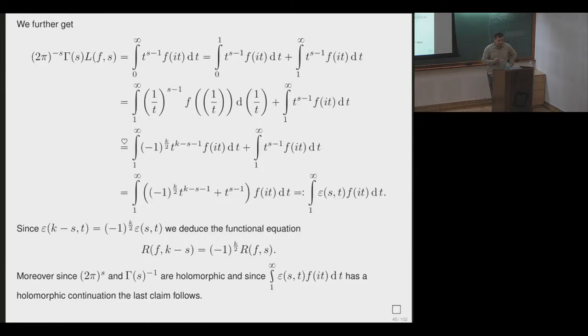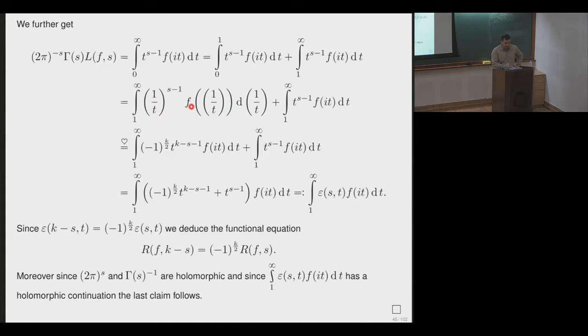But now we can continue further, and for this we split this integral from 0 to 1 and from 1 to infinity. Then we make a change of variables. Because in 0 we don't want to integrate, since we don't know exactly what is going on with our modular form. And so we make this substitution, and then again I make a heart, because now the modularity is playing a role, because now we can change